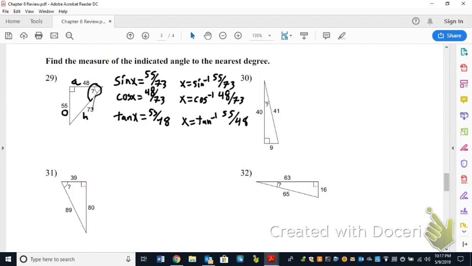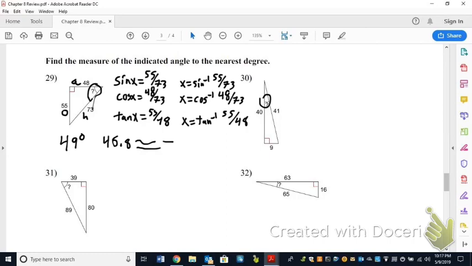Now here's the thing. If I plug any of those into my calculator, simply by hitting second tangent or second cosine or second sine, and then 55 divided by 73, 48 divided by 73, or 55 divided by 48, depending on which trigonometric ratio I chose, they're all going to give me 48.8 something, which rounds up to 49. So 49 degrees is the